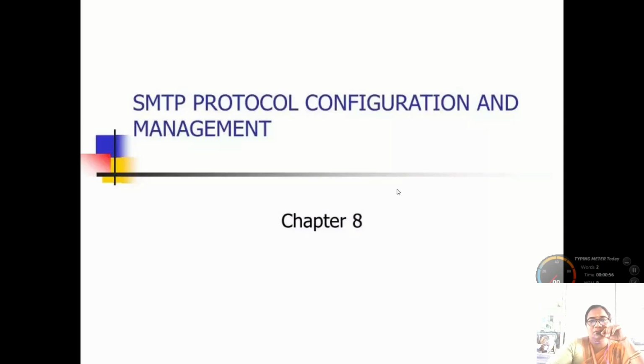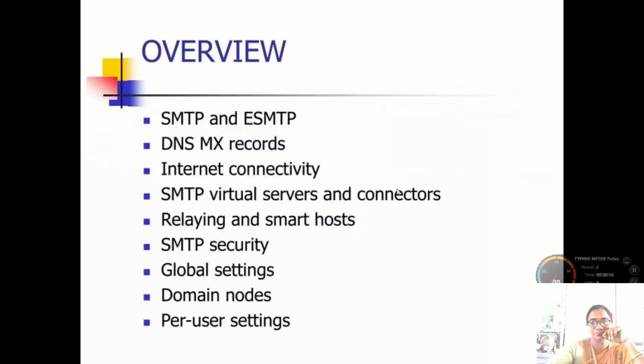SMTP is Simple Mail Transfer Protocol. So we are going to discuss Simple Mail Transfer Protocol configuration and management. This is an application layer application in the communication network. Here we are going to see an overview of SMTP and extended